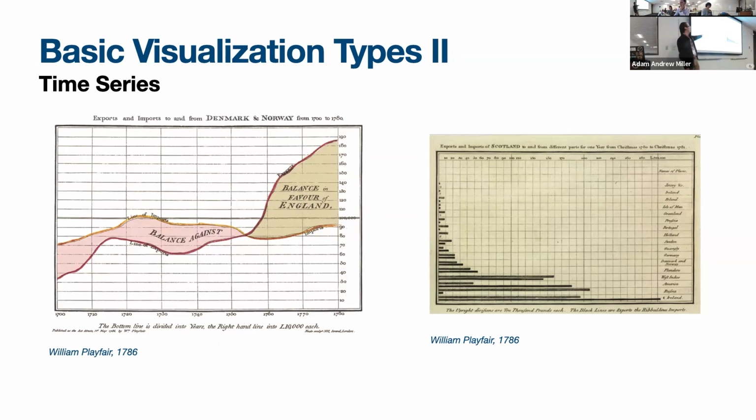This is trying to convince you that there's something important in the balance against England versus the balance in favor of England. So right when you look at this visualization, you're being told something about the wisdom of imports and exports, right? Whether that's true or not, not going to comment, but I think it's important that